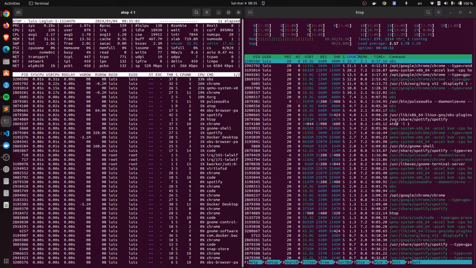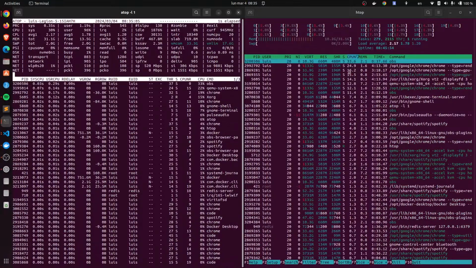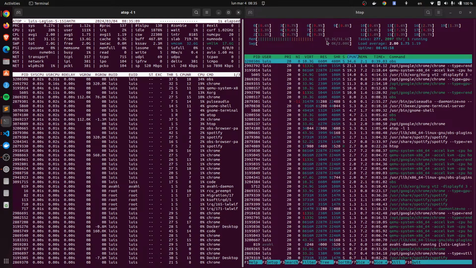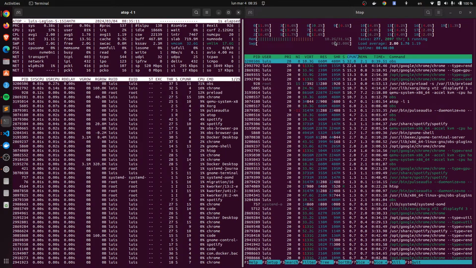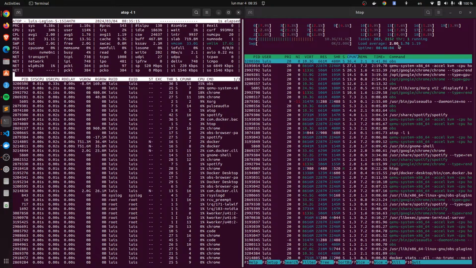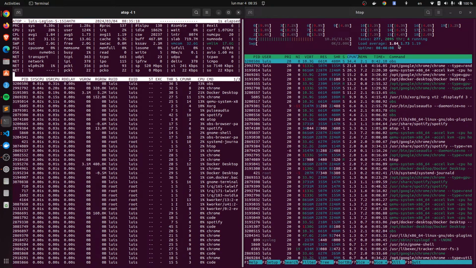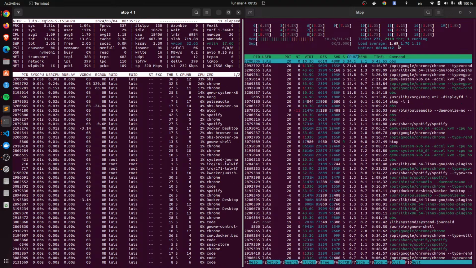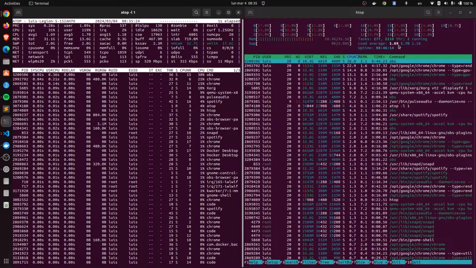The load here displays as 10 gigabytes. Load average for the past minute is 8. As long as this is below 20, we are fine.